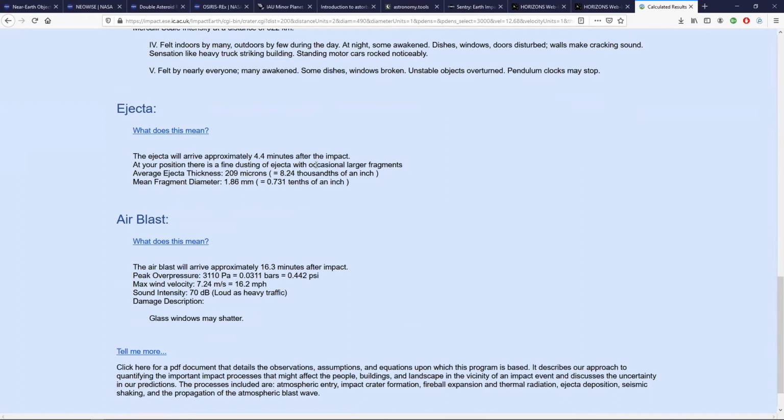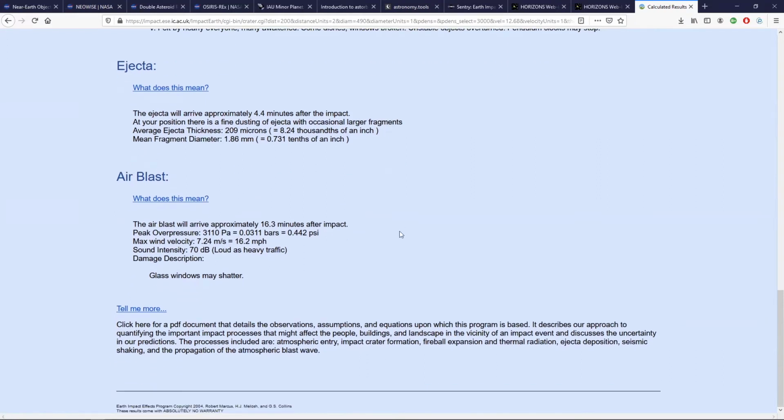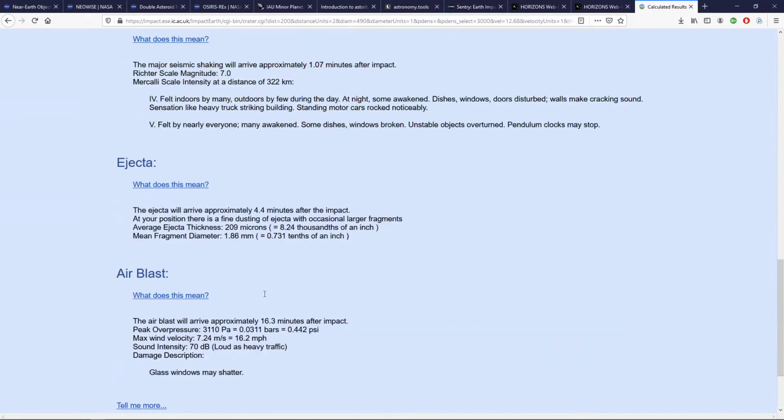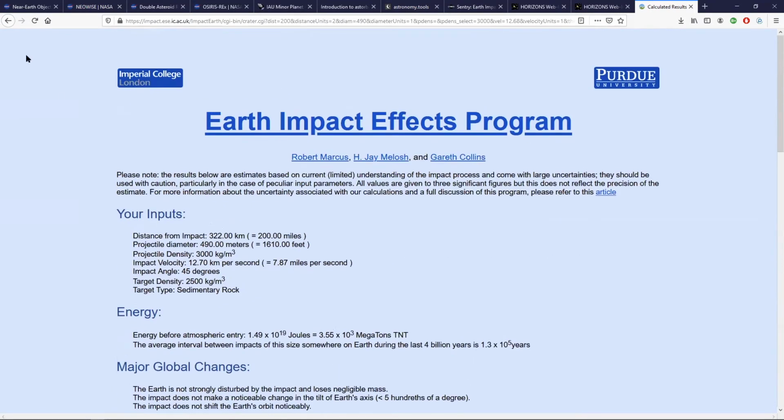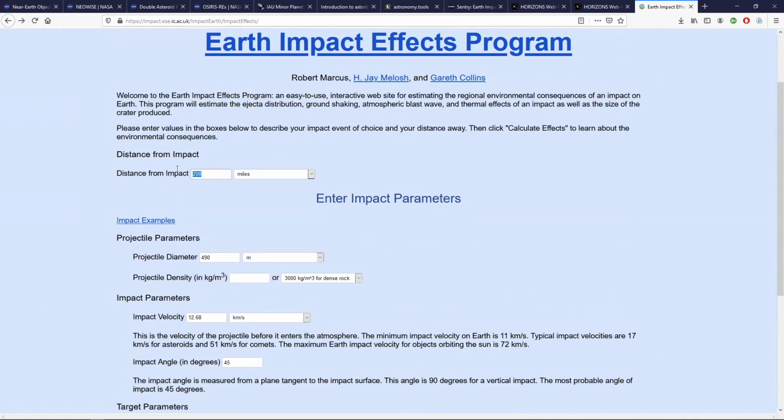A fine dusting of ejecta with occasional larger fragments. The mean fragment diameter is 1.86 millimeters, so volcanic in a sense. The air blast comes 16 minutes later. It's less than a PSI. By the time it reaches us, it's 16 miles an hour, and it's loud, as heavy traffic. Glass windows may shatter, okay? So at 200 miles, that's not so bad. At 50 miles,